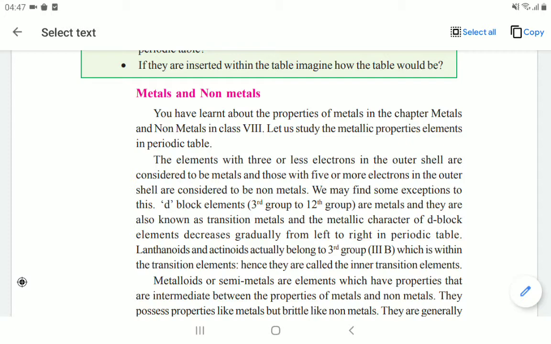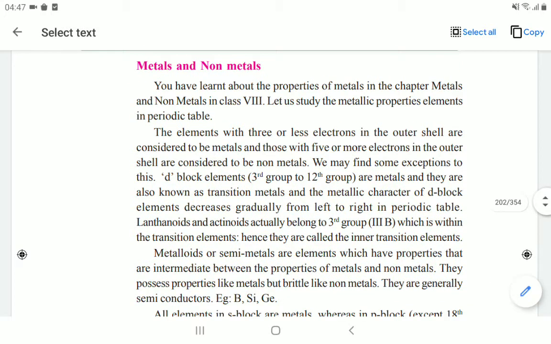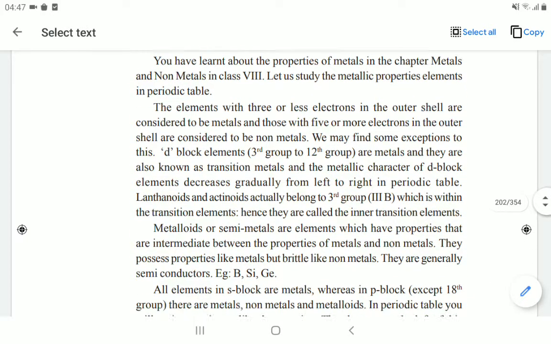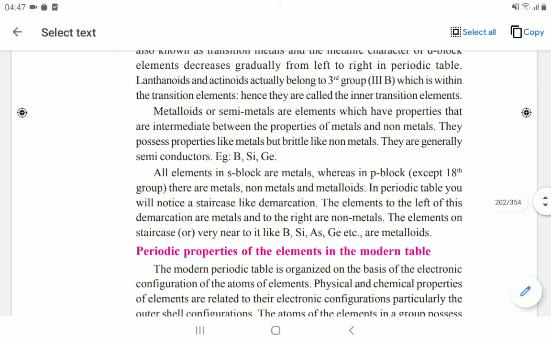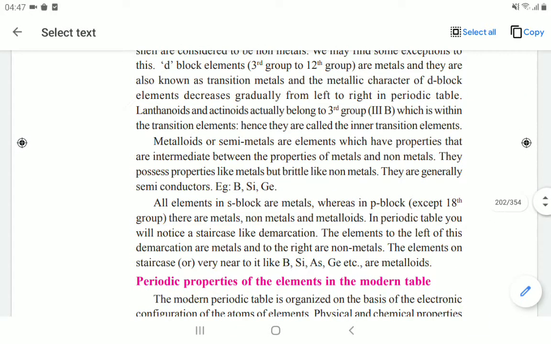Okay, and lanthanoids and actinoids actually belong to the third group, which is within the transition metals, hence they are called inner transition metals. Why? Because they are shown separately in the modern periodic table. And metalloids, or semi-metals, have exactly 4 valence electrons. So the elements which have 3 or fewer valence electrons, for example 1, 2, 3, come under metals. More than 5 means those will be non-metals. In between, exactly 4, comes under